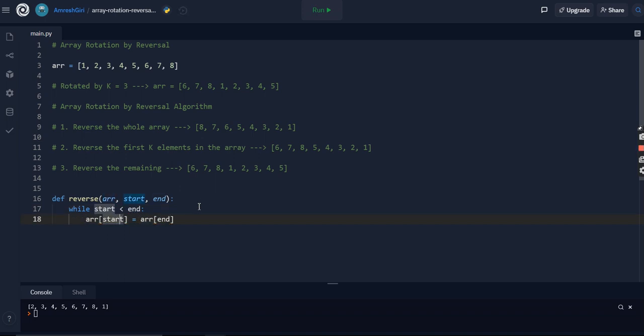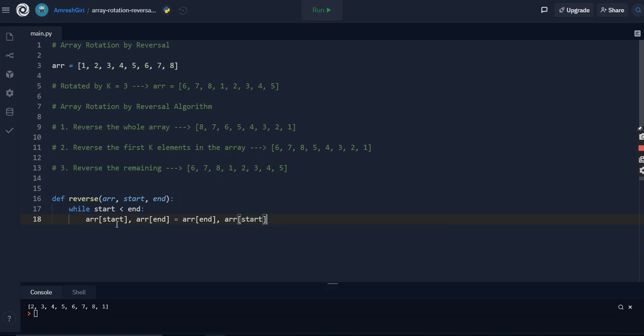If we run the algorithm for the first element, array start is 1 and array's end is 8, and we simply swap them. 8 will come in front and 1 will go there. This actually happens in 2 steps, because we are now going to swap these things and place each of them in their respective containers.